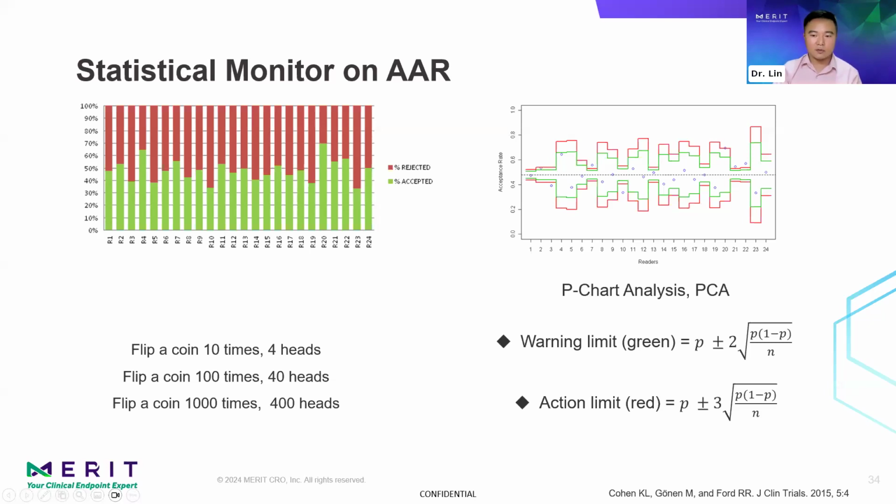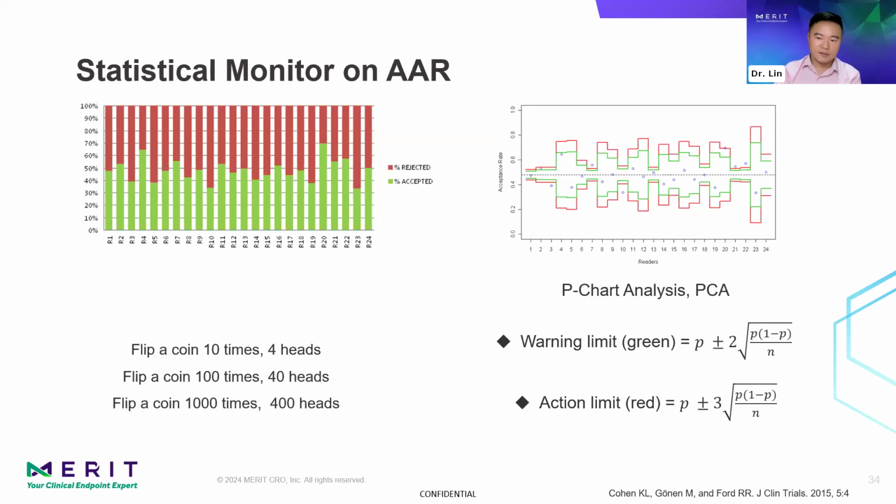Well, these numbers aren't arbitrarily decided. They are based on statistical analysis. The method I reference here is called P-chart analysis, PCA. This approach originates from manufacturing, for monitoring product quality rates, particularly from the management strategy called Six Sigma. Six Sigma aims to control the defect rate within 3.4 per million, where Six Sigma refers to 6 standard deviations, which is 3 above and 3 below the mean in P-chart analysis.